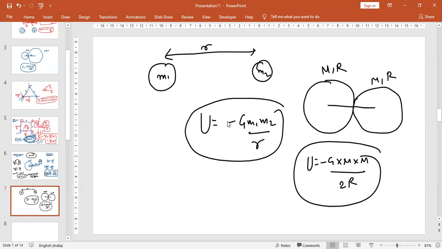Potential energy is negative. It means the force is attractive. If potential energy is positive, it means the force is repulsive. But in gravitation, since we know that all the forces are attractive, potential energy will always be negative. But in 12th class, you will study electrostatics, where you will see that the potential energy can be positive also, because there is repulsion between the charges when they are positive-positive or negative-negative. But in gravitation, always remember potential energy will be negative only. And the formula will be this, minus G m1 m2 by r. Please write down this formula.